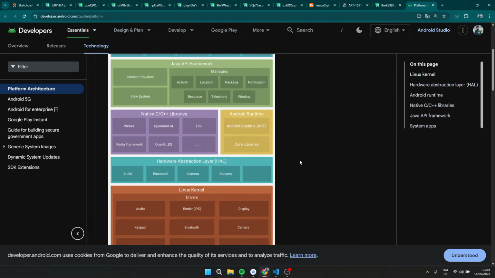So drivers, we integrate them with the kernel, as you can see, for example, in the last layer. But the native C++ libraries are the ones the developer is going to be using. For example, OpenMAX AL is going to let him do some specific thing. WebKit, same thing. libc, same thing. For example, libc has multiple functions in C and C++ that can let him do some syscalls. And if you have watched the reverse engineering playlist, you should know really well what a syscall is. But I can remind you of that.